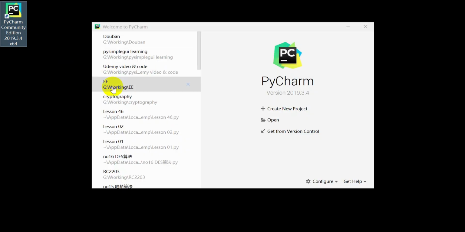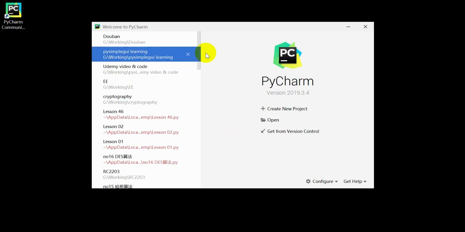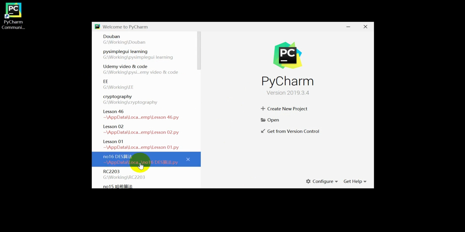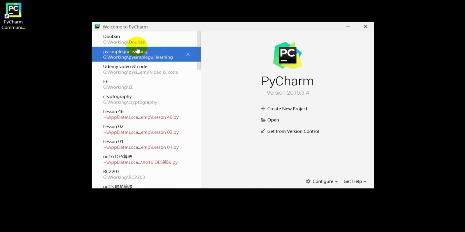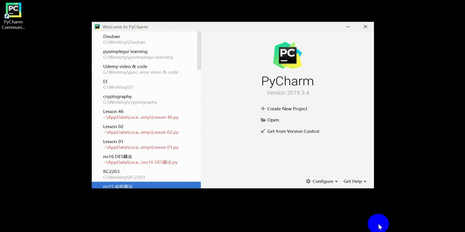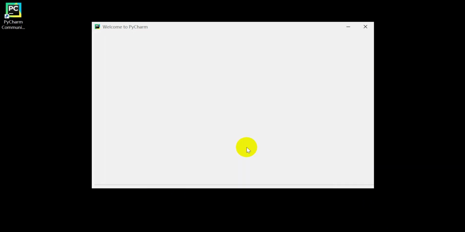Alright, so we can select Pycharm, and then something like this will show up. If you're a new user, then over here it would be blank, but these are some of the projects we've been working on. So now, to start a new project, we can click the Create New Project here,